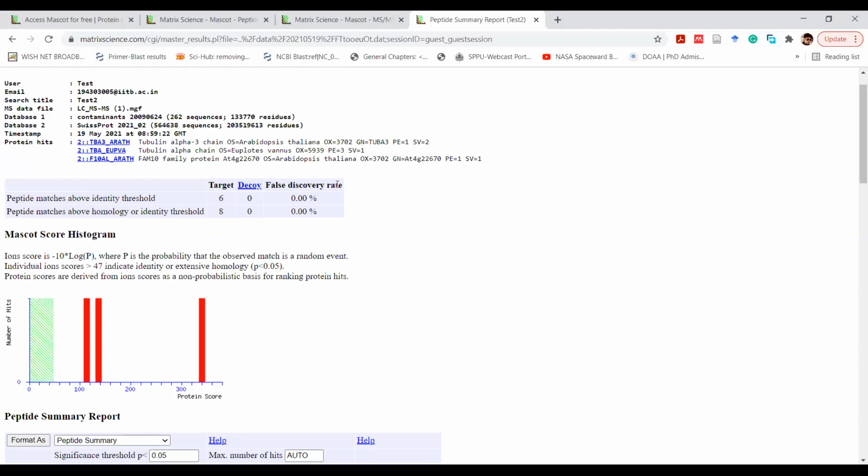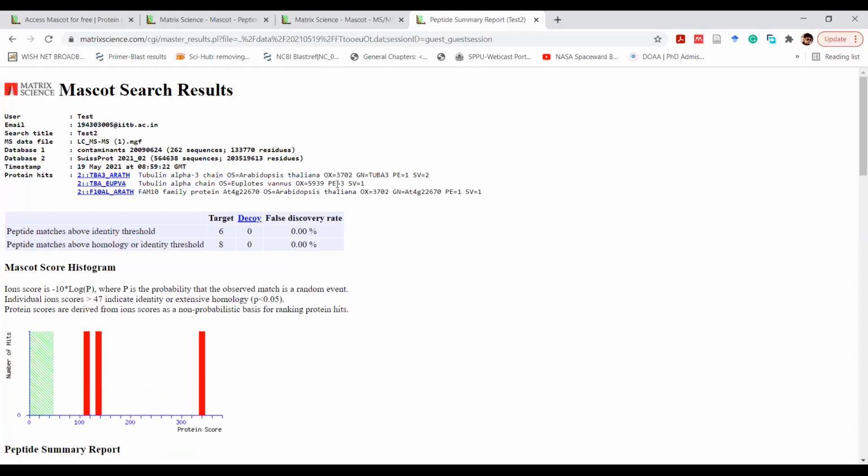I guess by now all are on this page. At the start of the results, it is showing you 3 protein hits. What does that mean? It thinks these 3 can be the protein, with respect to the spectral list, which is basically the fragmented data of the peptides of the protein you have fed into the search engine.